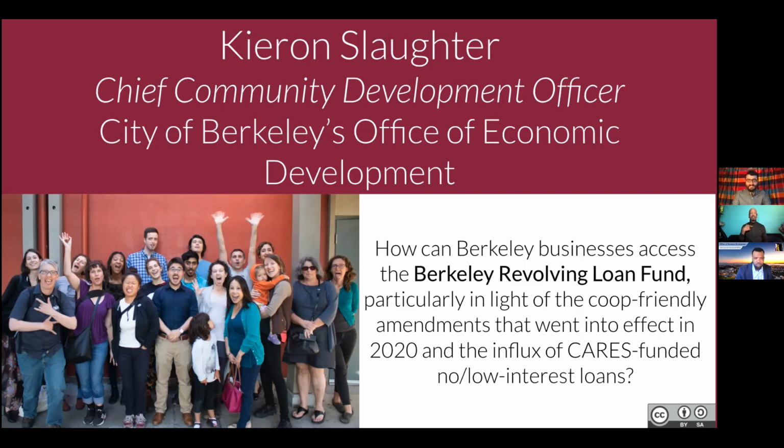And so, we know that these cooperatives are at a disadvantage to conventional hierarchical business ownership models because it's difficult to get startup capital. Equity investors and banks are usually unfamiliar with cooperatives, and all the stuff that Ricardo went over. And we've heard that this is one of the main barriers to business ownership for people of color: access to startup capital. And so that's why, way back in 1980, the city received a grant from the Economic Development Administration for $500,000 to initiate our revolving loan fund. We call it the RLF.